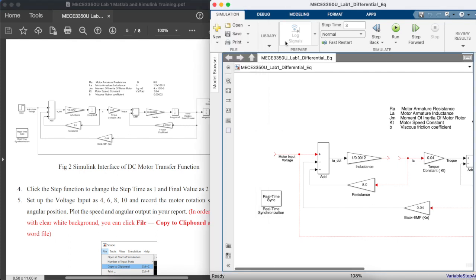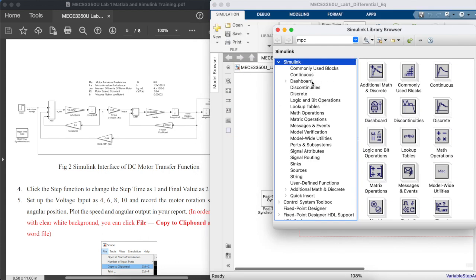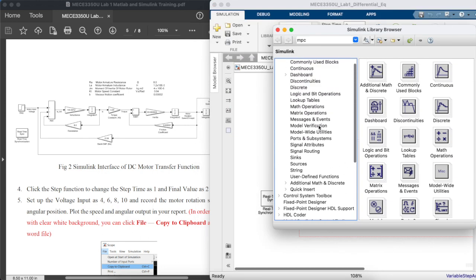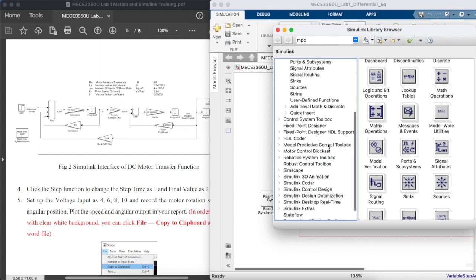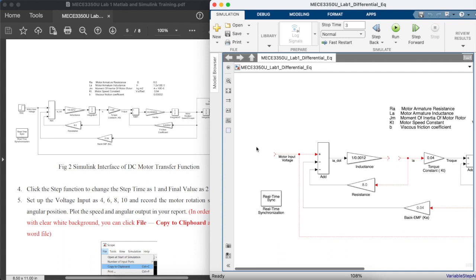There's multiple ways you can do this. You can use the library browser. You can see that it does take some time to open it up and then navigate through all of these different folders and blocks. So if you know what you want,